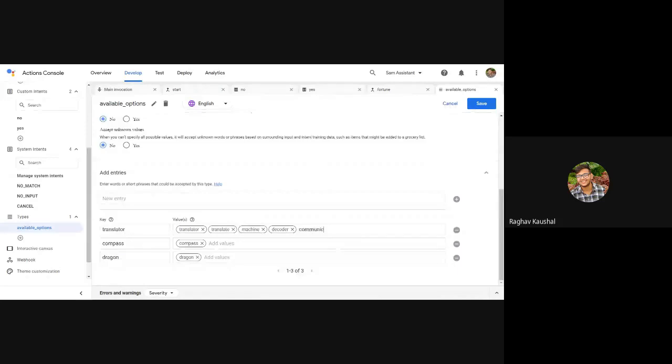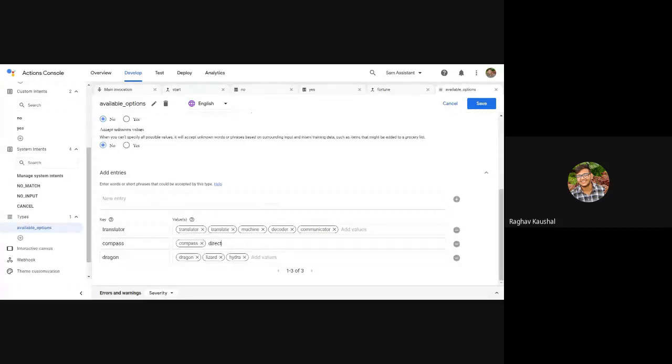Guys, it's not necessary that you add only these phrases. You can add whatever you want. This is what I have written down, because a dragon you can call maybe a big lizard. Dragon can be referred to as, or hydra maybe, or I think these are sufficient. You can even write monster or something. And for the compass, we are going to add directions.